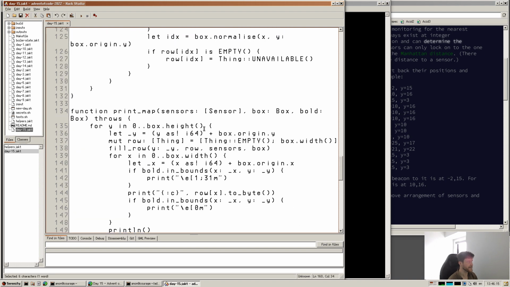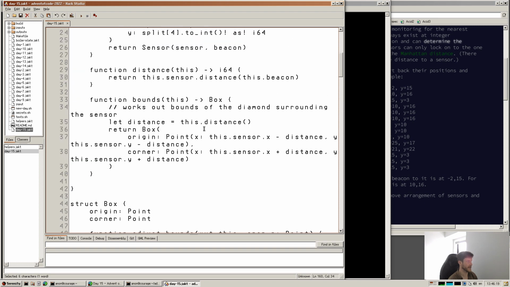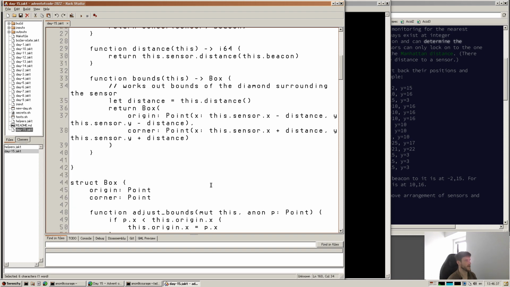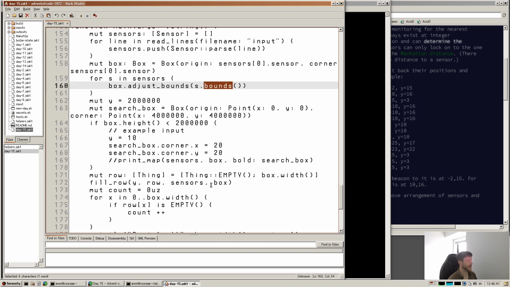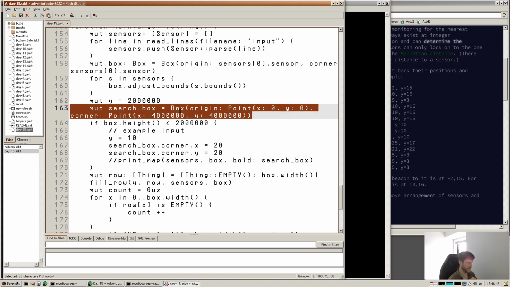sensor, and that is defined on the sensor, and it works out the distance, then going up from the sensor that amount, and you can also go to the left and to the right, so it makes a big square around that, and in the middle of that square there'll be a kind of diamond shape. So then we do that, and this search box is for part 2, so we can